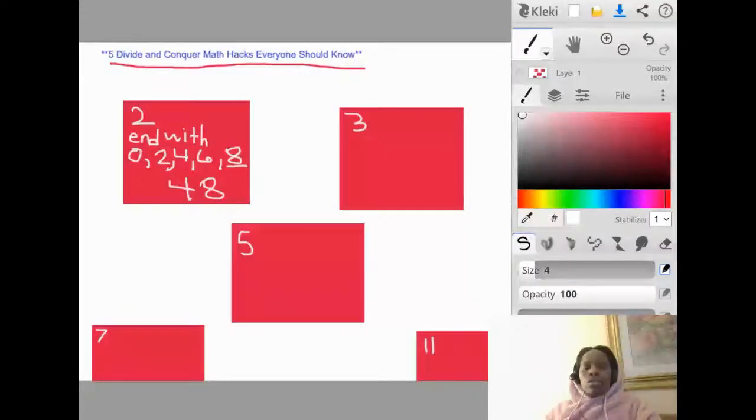Next are multiples of 3. The pattern goes 3, 6, 9, 12, 15, 18, and so on. Instead of skip counting all the way up, there's a shortcut. Add the digits of the number together. If the sum lands in the pattern of multiples of 3, then the original number is also a multiple of 3. For example,